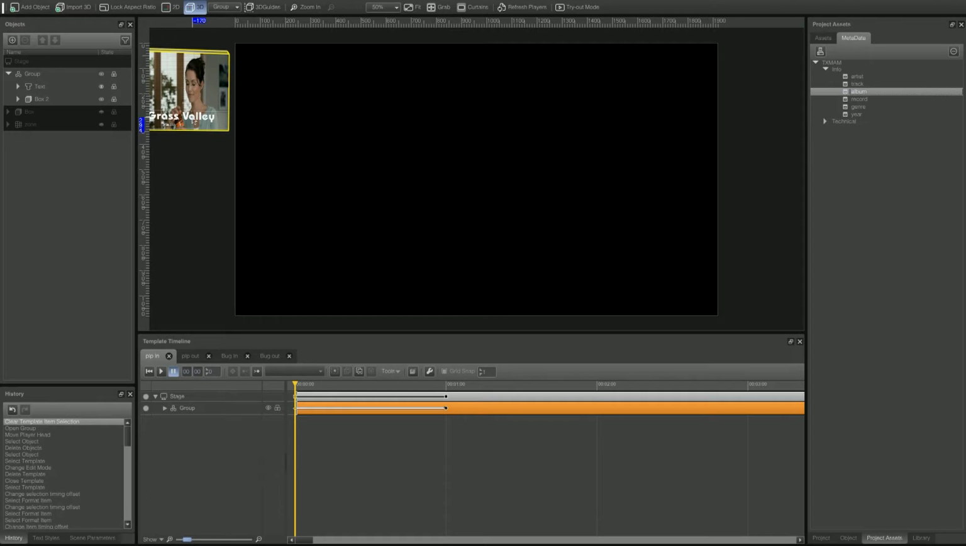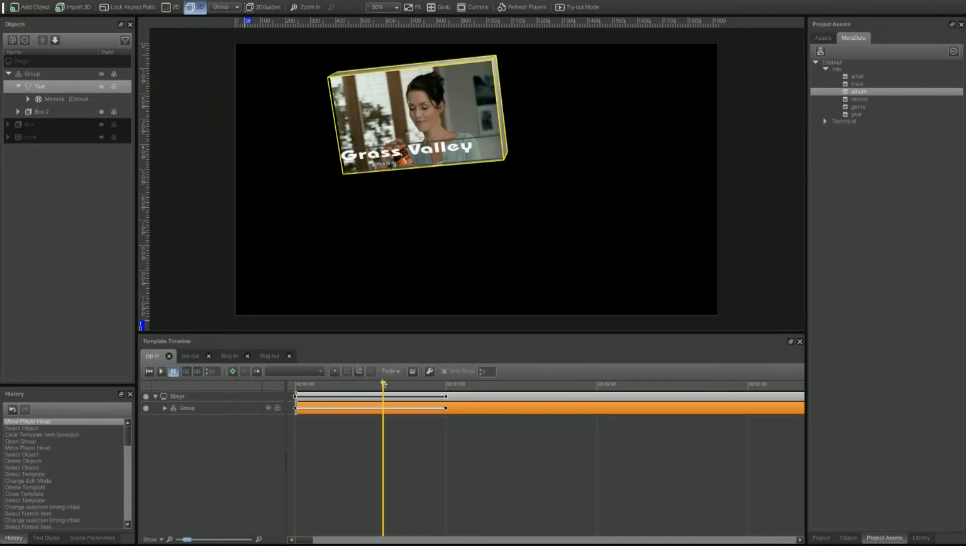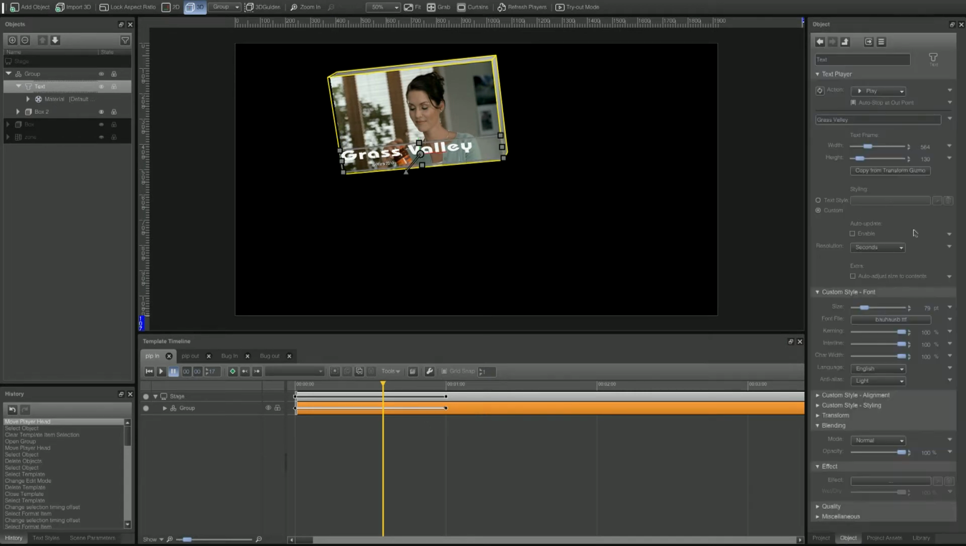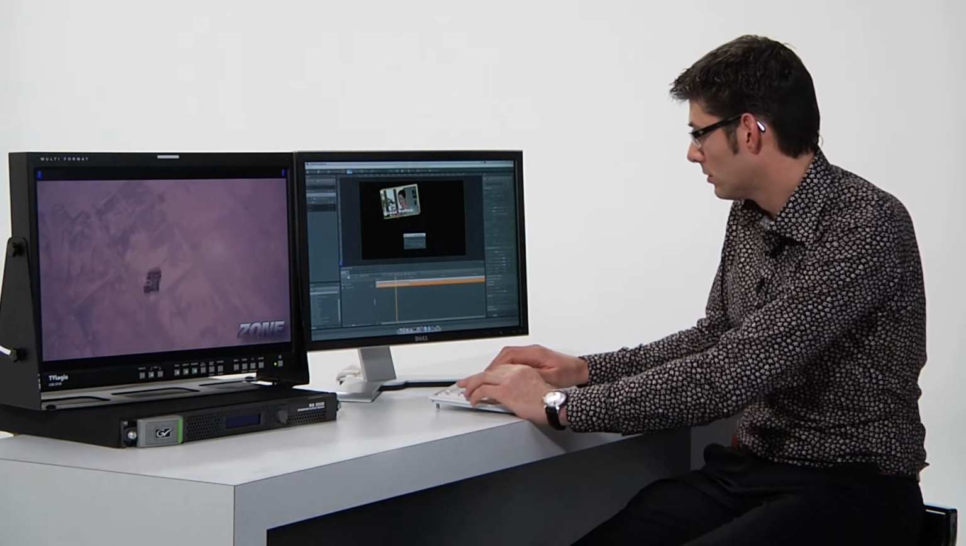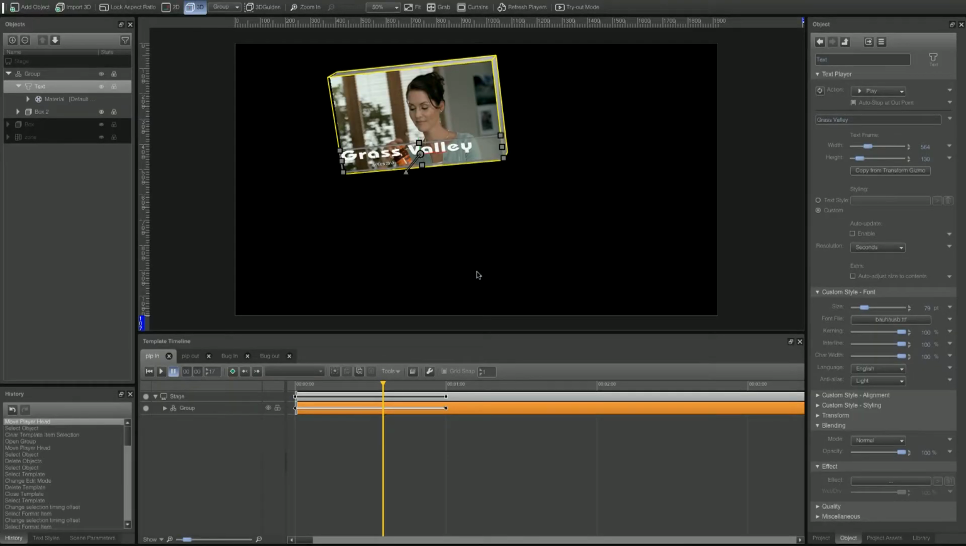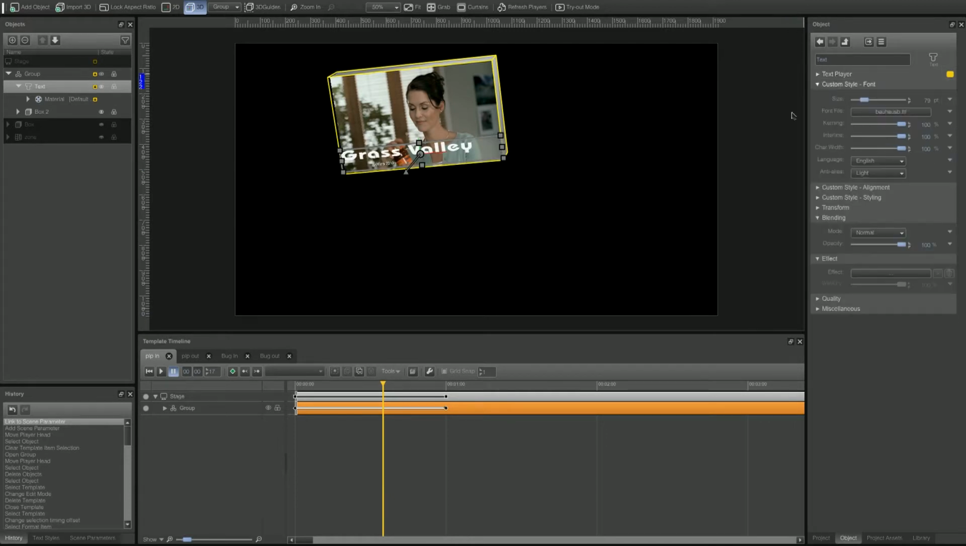Now I have to link this text field, which should be dynamic, to the metadata from the database. So selecting the text here, move this a little bit out. So I'm selecting the text, and in the object, go to the Grass Valley text here and select the scene parameter. So create a name for the scene parameter. And it's highlighted in yellow now,